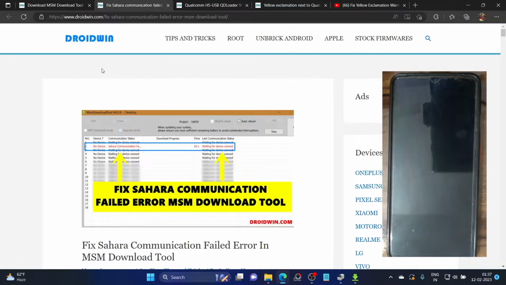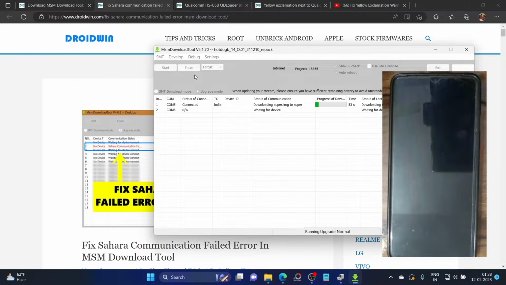Apart from that, you should use the official USB cable that came with your phone, and use the USB 2.0 port on your PC and not the 3.0 port. You could also do one more thing. First launch the MSM tool, and upon launching it, hit the start button if possible. Once you click the start button, connect your phone to the PC. The MSM tool will read your device and start the flashing process. So you could first start the MSM tool and then connect your phone to the PC in EDL mode, and then it will flash the firmware.